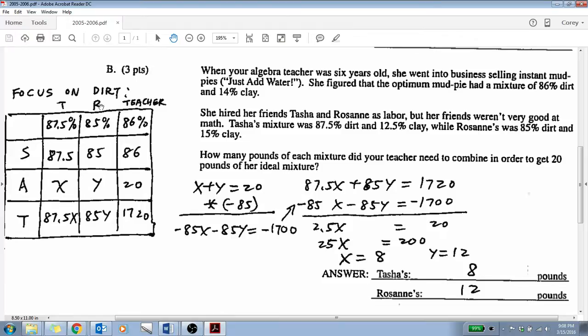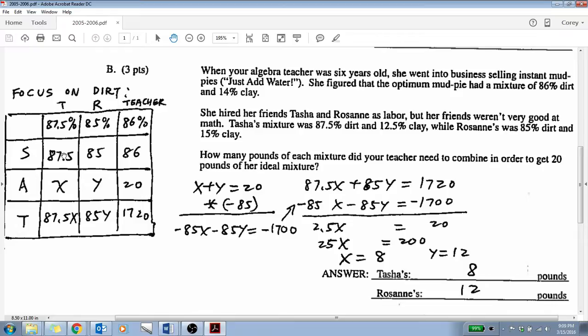column stands for Roseanne, and then the teacher column is what we're trying to get to ultimately. That's going to be right here. Okay, the S is going to be standing for sand, or the dirt, I guess, sand or dirt, same thing. A is what we're adding to our mixture, how much of each, and then T is going to be our total. Okay, so this first row, the percentage of sand is going to be what's going to be written